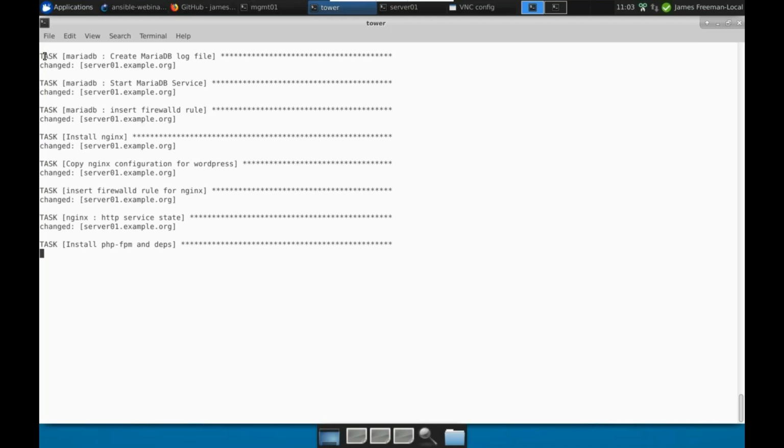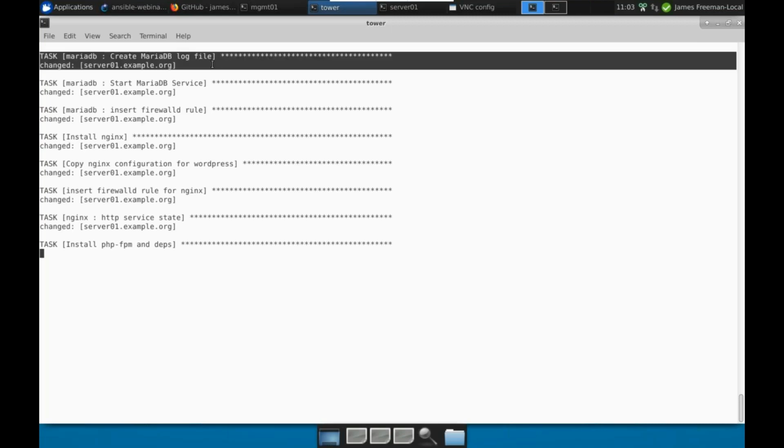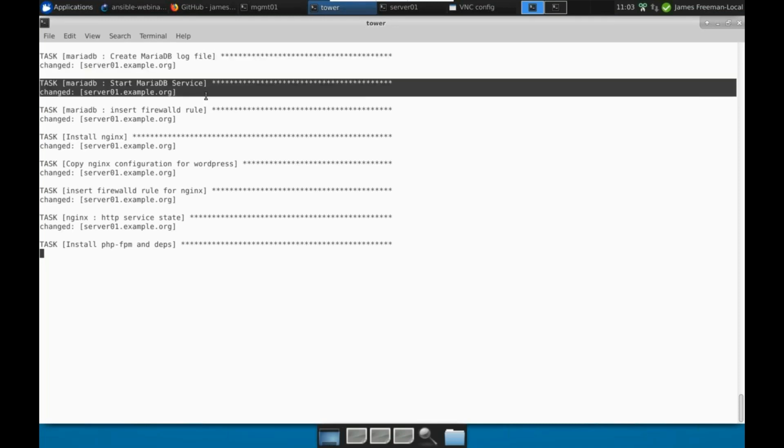It would do the changes on the first 5, then the next 5, and so on until it's done all 100. So this task, for example, would create the MariaDB log file on all 100 servers, doing 5 and then 5, 5, 5. And only when all of them have completed will it move on to the next task, which is to start